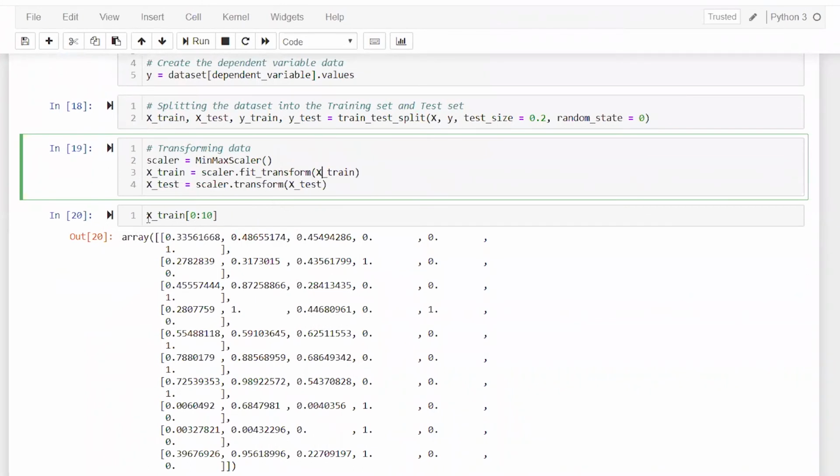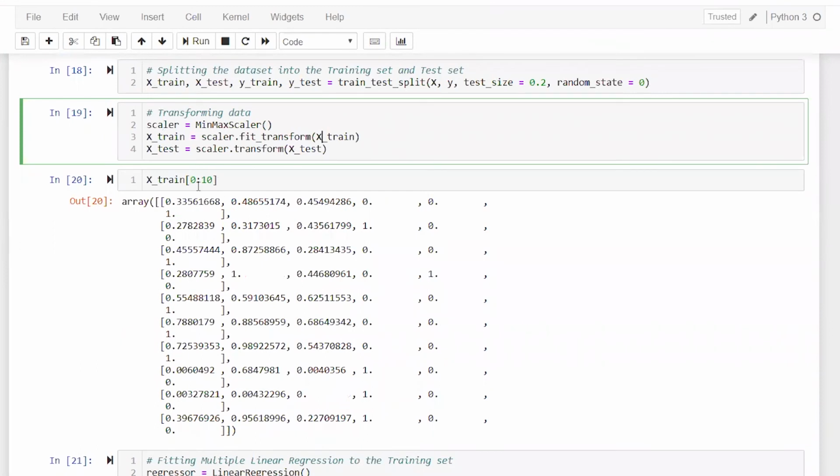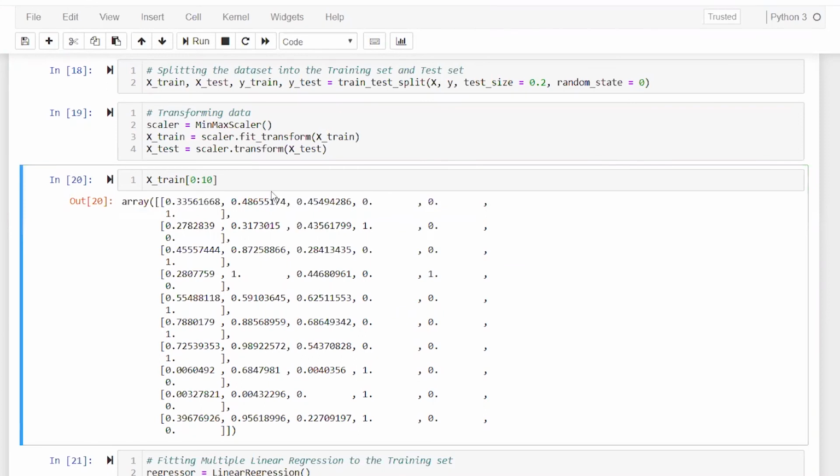Okay, so this is how the final data set will look like. I have printed the first 10 rows from xtrain. It has 40 rows, if you remember, and I have printed only the top 10. So you can see all the values of all the features. There are 6 features: 1, 2, 3, 4, 5, and 6. All these values have been scaled between 0 and 1. Similarly for the second row and so on.